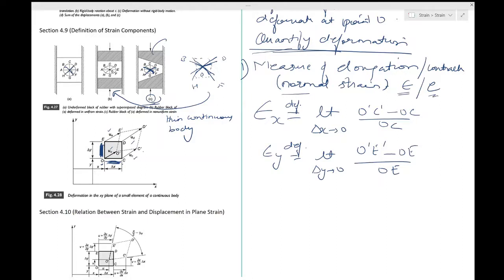That is how you have defined the measure of elongation, and it's essentially the change which has happened in this length OC and OE